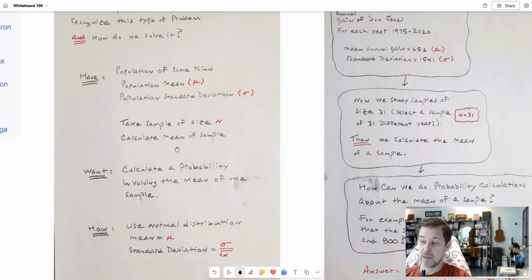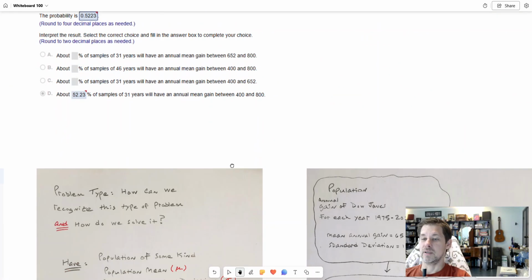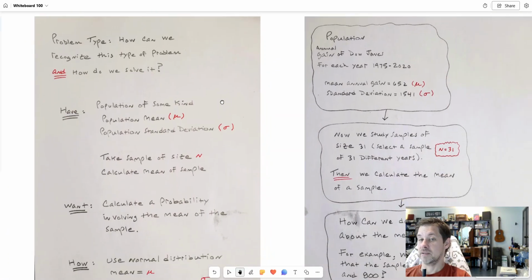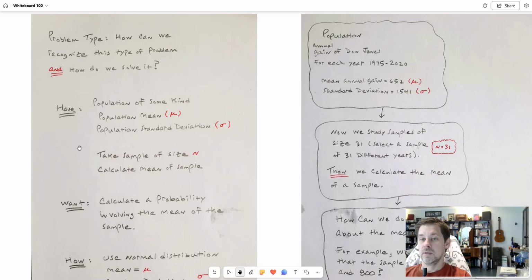So here's the type of problem that you'll see if I read this one up here. Here's the type of information that will be given to me. So what they will give us, we will have a population of some kind. Okay, the population could be anything, like the ages of all students at TCC. That's a population. Okay, and there will be a population mean, like say the average age of the students, and